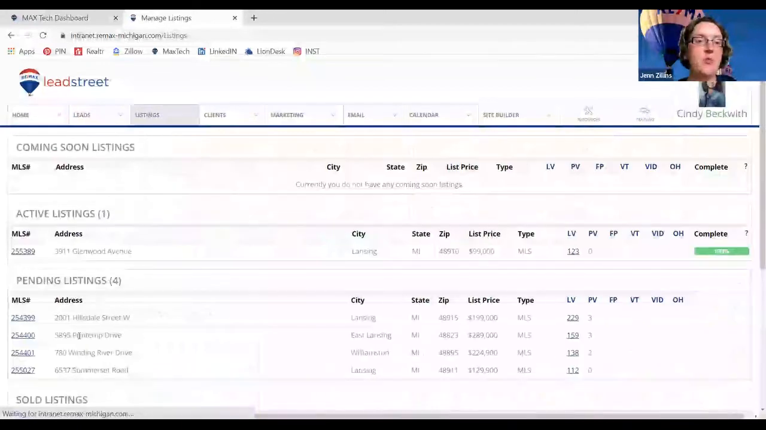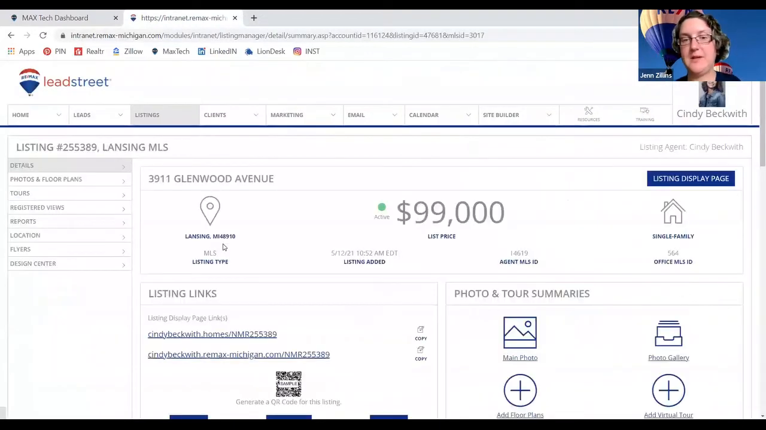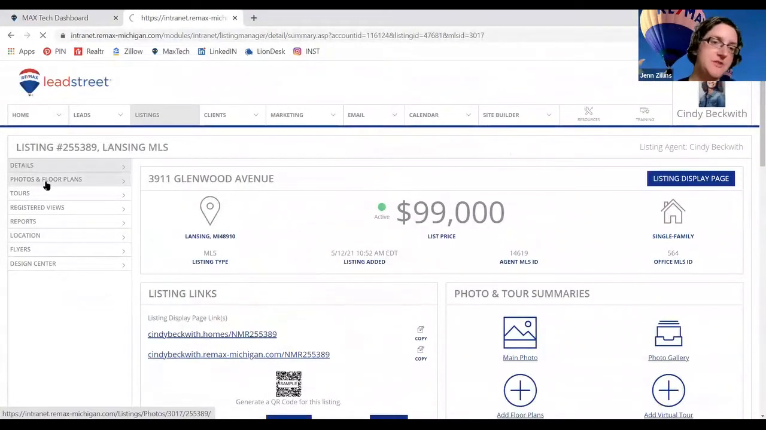yourself. And what I wanted to show you was the online seller report. If anything else, that's very important about Leadstreet. It's a very cool feature, and it's really nice to show your sellers this report. You can see other options in here too. So we've talked about the photos, the floor plans, the 3D virtual tours,